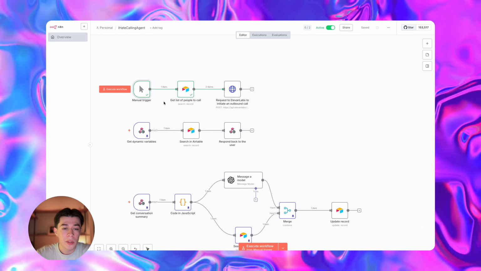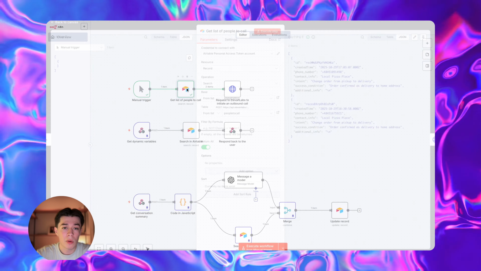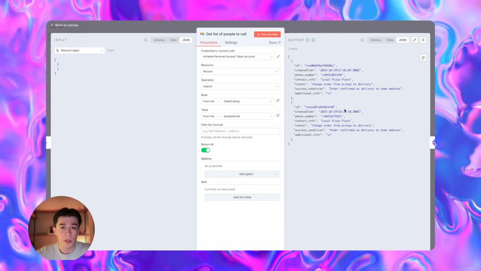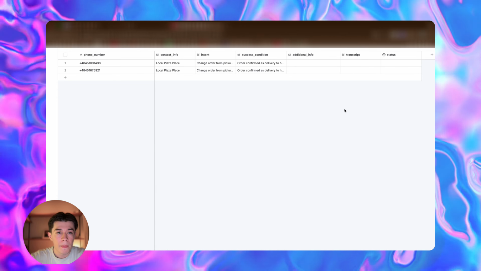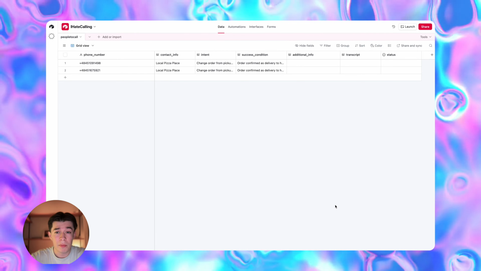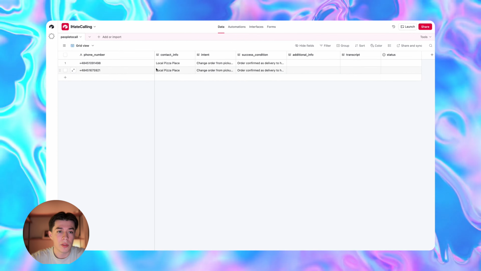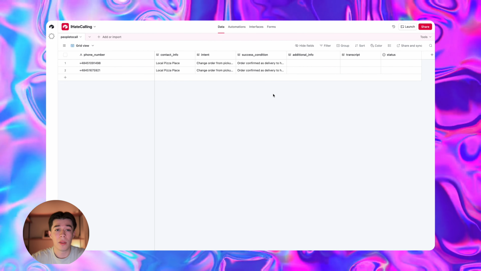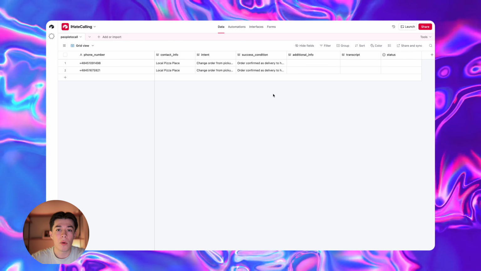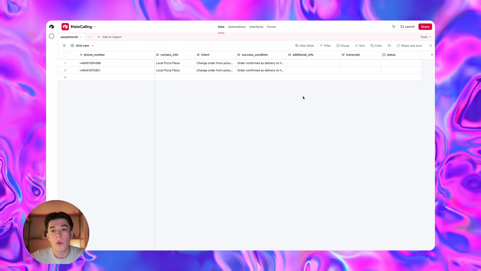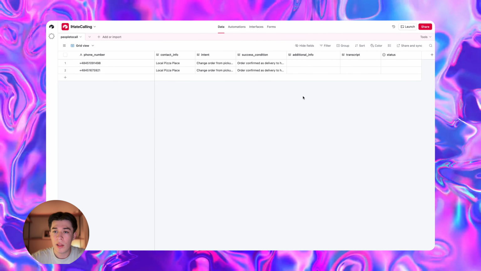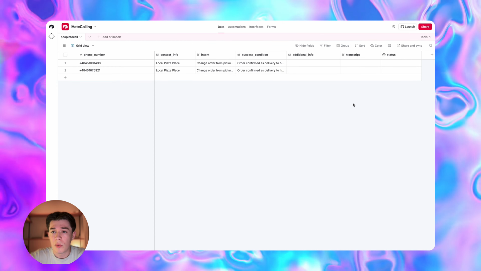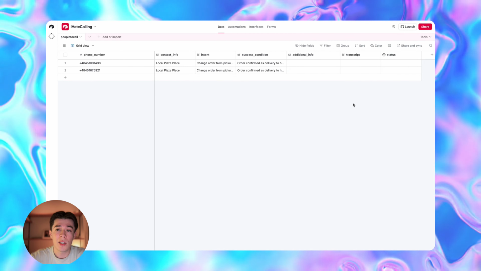So let's take a look at how it looks. The first node, as I said, is the manual trigger. The second node, get list of people to call, retrieves this information from the Airtable table, and now I'll show you my structure in Airtable. In Airtable, I store these fields, but you can configure this in different ways as you want. We need the phone number, contact information, so what person we are calling, intent, and success condition, so the AI voice agent can understand if the call was successful or not. You can extend this data model and add other fields, but that's basically it. We also have two other fields which are filled when the conversation is finished: